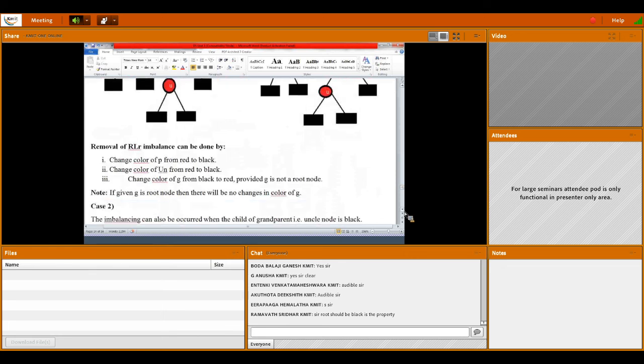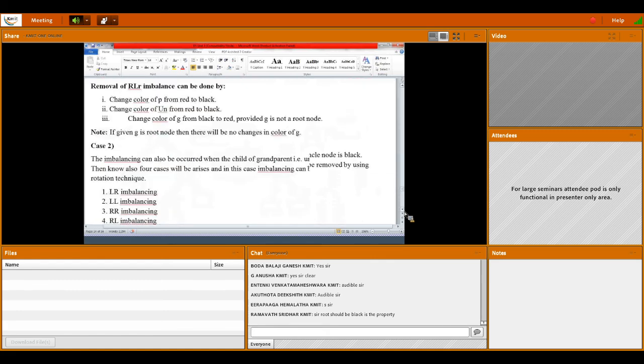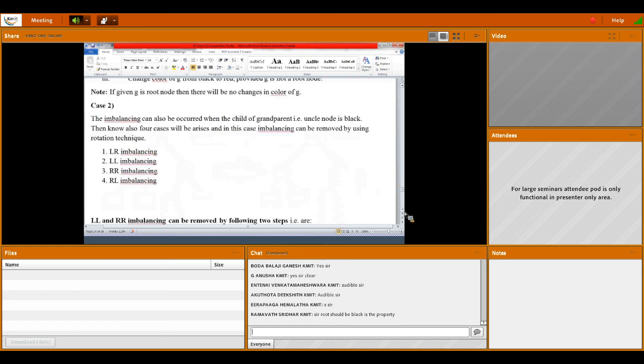Don't think that the tree has thousands of nodes and it is very difficult to see all of these. You can just look at the subpart where you inserted. Based on the subpart in which you inserted, take that subpart and see whether it is satisfying or not.